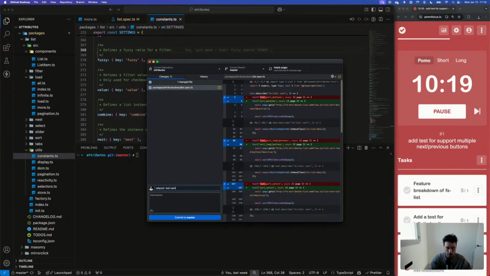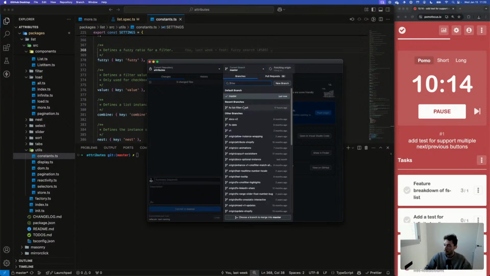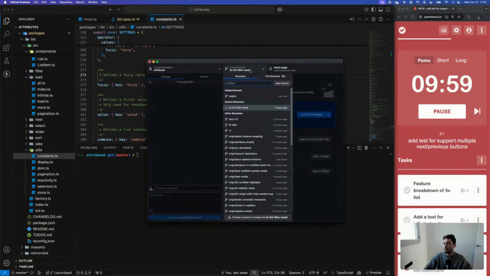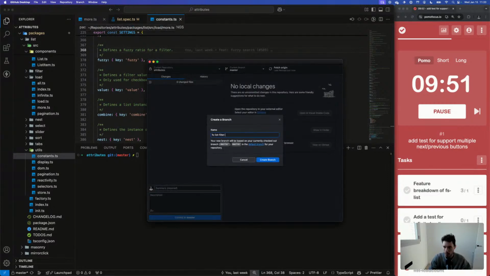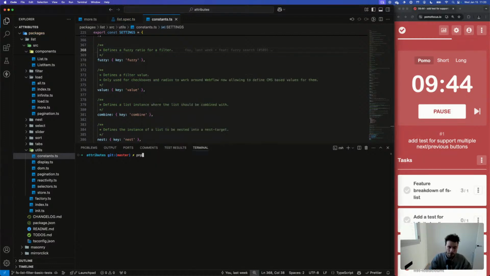Refactor tests naming. Push to master, I don't care. Okay, I had some work done for FS filter results, but we can keep it in here. You know what? No, let's create another branch. So the new branch is going to be FS list filter tests, basic tests. Okay, great.